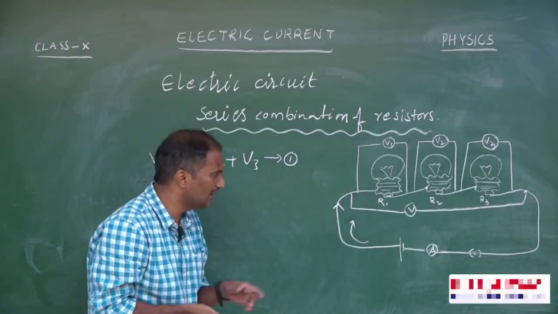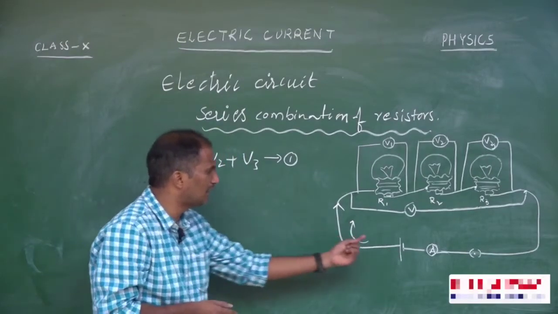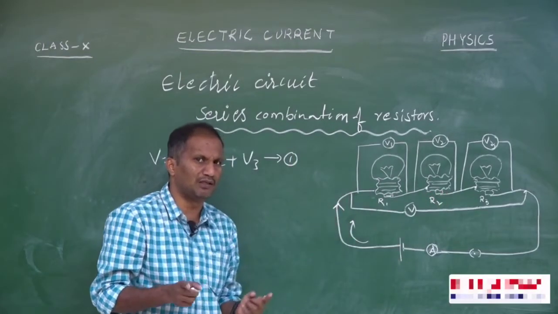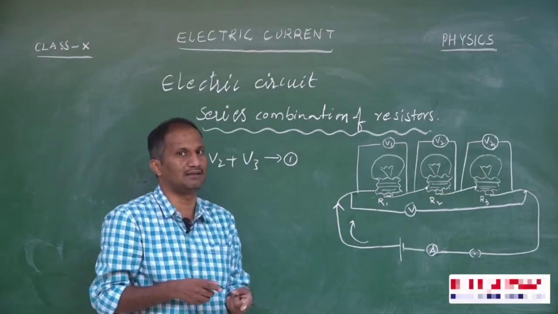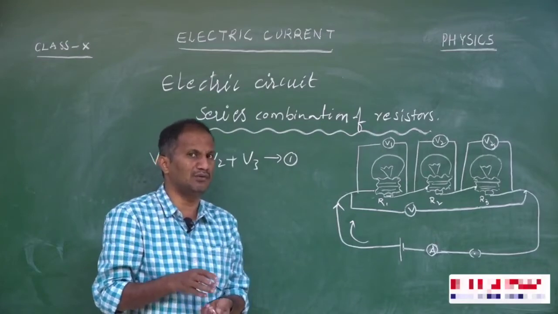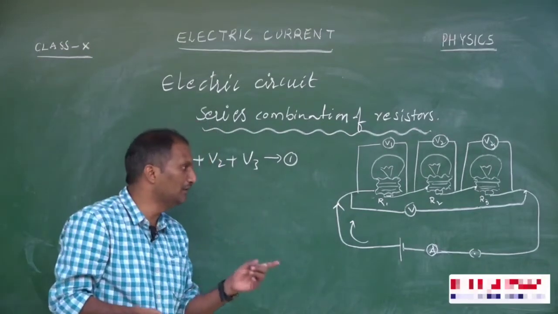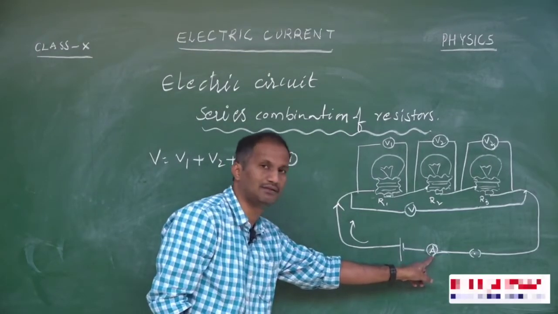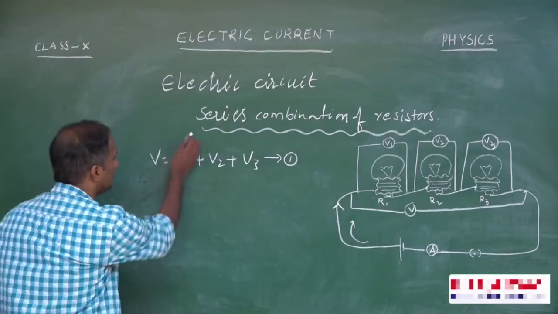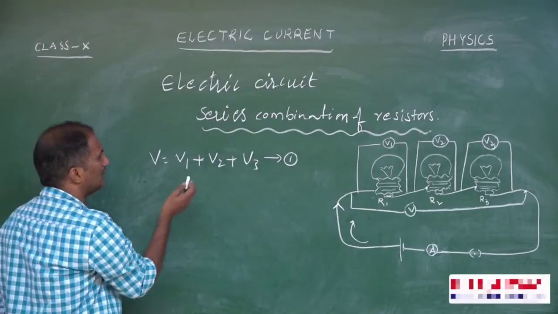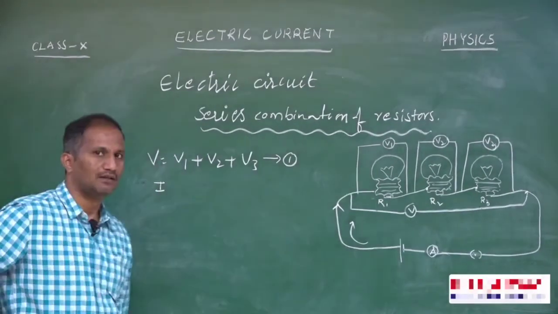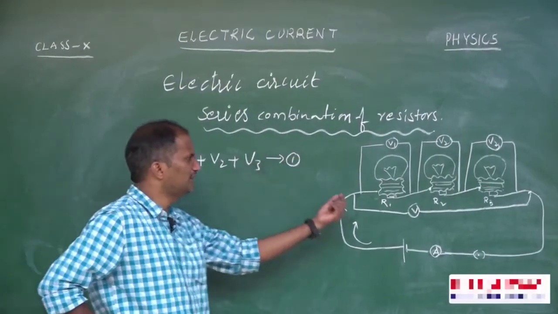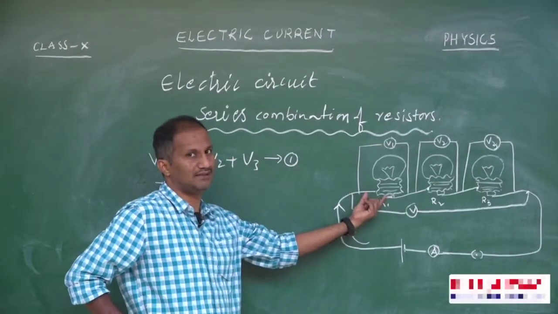Now here we can clearly observe that the total current is flowing through only one path, that is, the same amount of current is flowing throughout the circuit. We can find the amount of current flowing through the circuit by using an ammeter, which is connected in series in this circuit. So the total amount of current flowing through the conductor, let it be capital I. According to Ohm's law, now we are going to find the potential difference across each resistor, that is